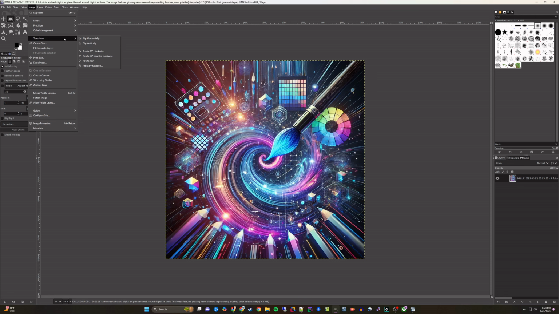Here, there are a few options. You can flip the image horizontally or vertically, similar to looking at the image in a mirror. Or you can rotate the image, which is effectively turning it around, either 90 or 180 degrees at a time,